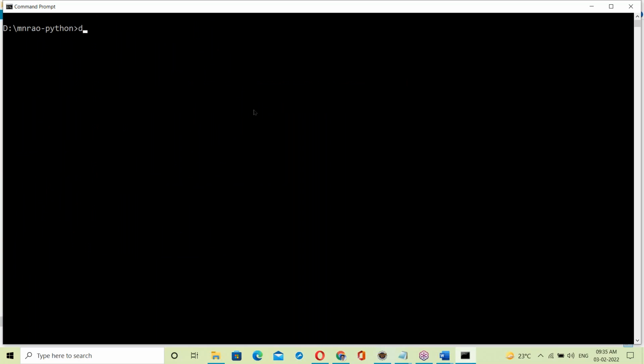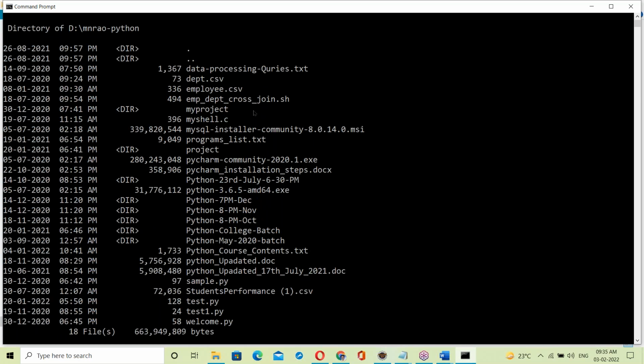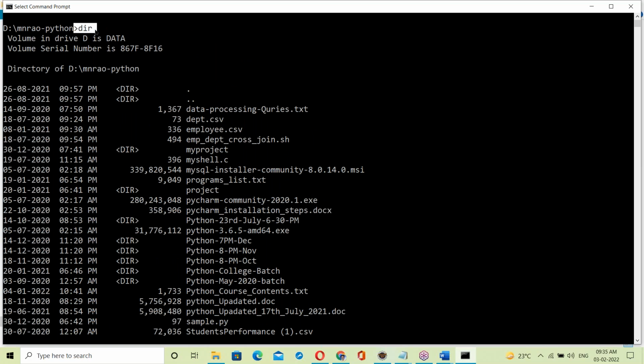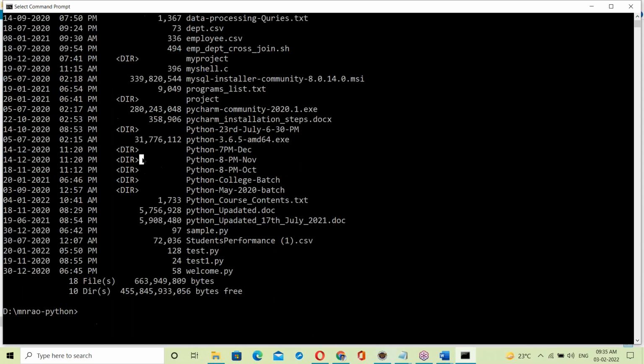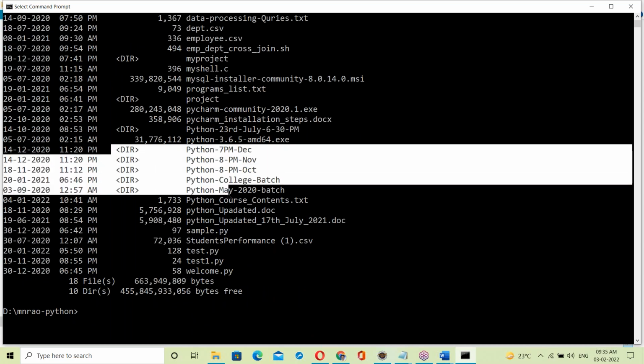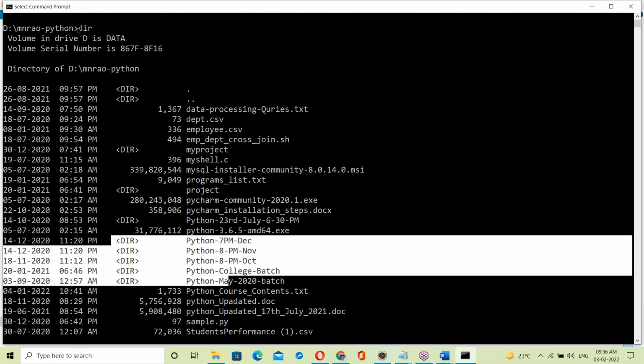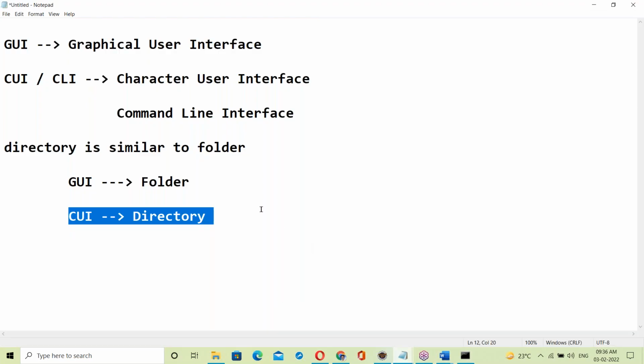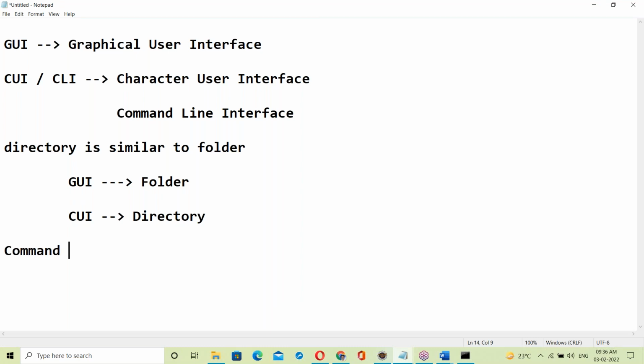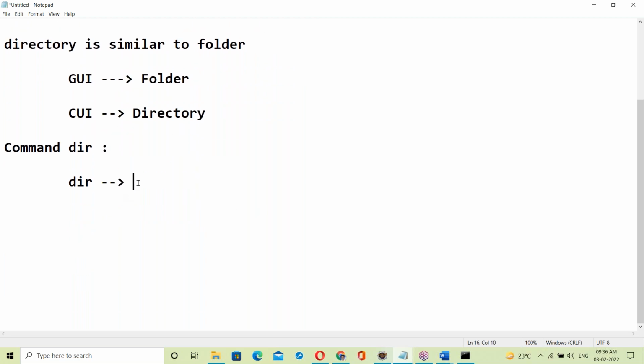Changed. CLS, then DIR, so again the output. What is this command DIR? Anyone have an idea? Those who have an IT background, try to answer.